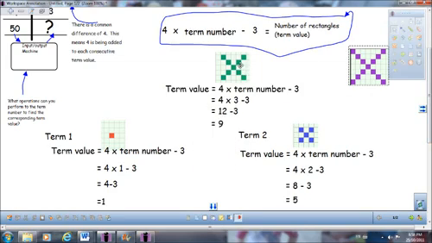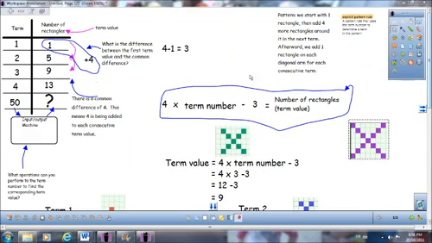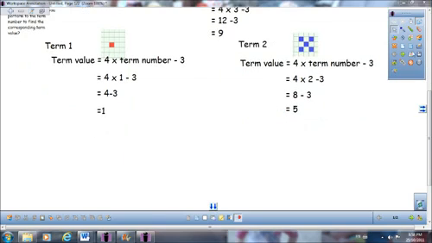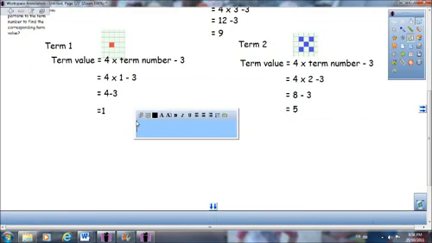So if I count again, 1, 2, 3, 4, 5, 6, 7, 8, 9, I've got 9 rectangles as my term value. I've attempted my equation using my term number, which was 3, and I've got 9 for my term value. Term value is on the left side of the equation, 9 is on the right, so term value equals 9 for the third term. That matches. Well, I've done 3 proofs, all 3 work, so the equation is correct. So I write, therefore,